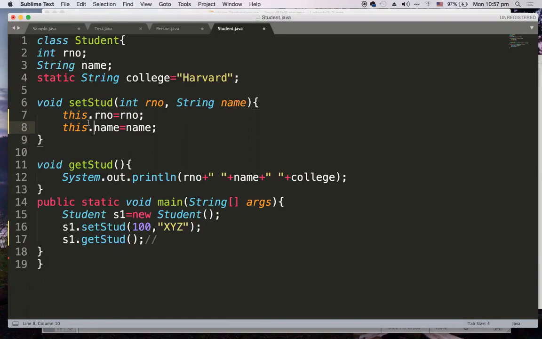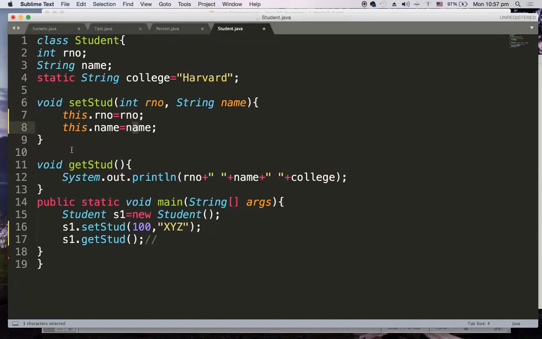So by saying this dot roll number, the roll number now belongs to the current class object. The name belongs to this dot name, which means the name belongs to the current class object. Here roll number, which is a local variable, is now assigned to the roll number of the current class object. Here the name is assigned to the name of the current class object. So this is how this helps.